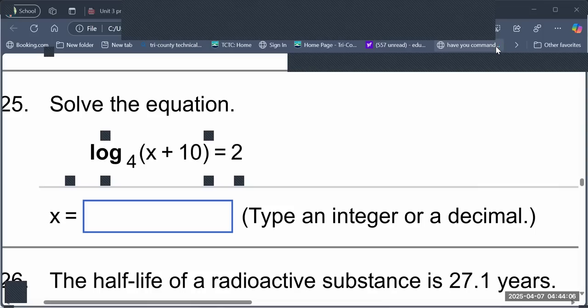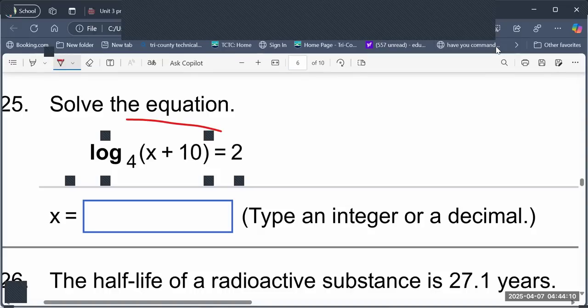So in this question, number 25, we're told to solve for x. Solve the equation for x. That means they want me to find the value of x. So when you look at this equation, it's a logarithmic equation, and because of the inverse property of logarithm and exponential function, I will convert this function